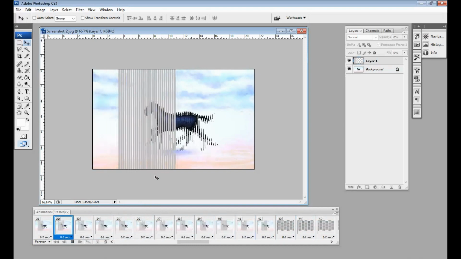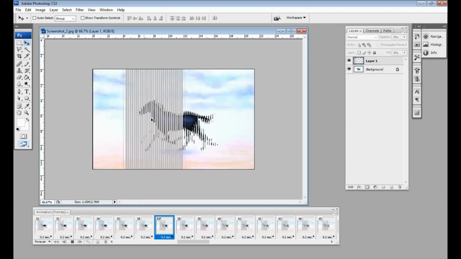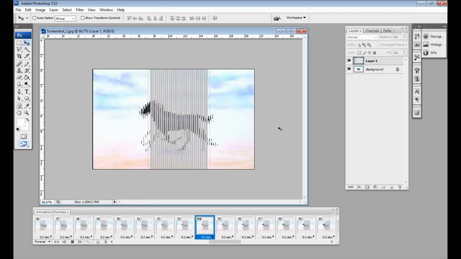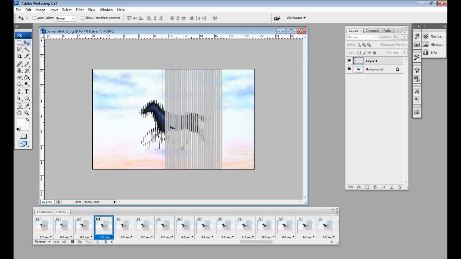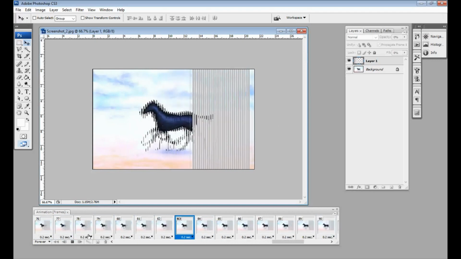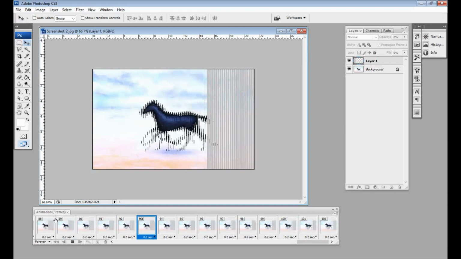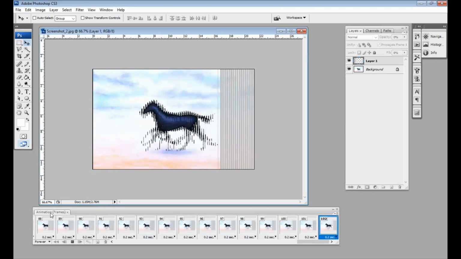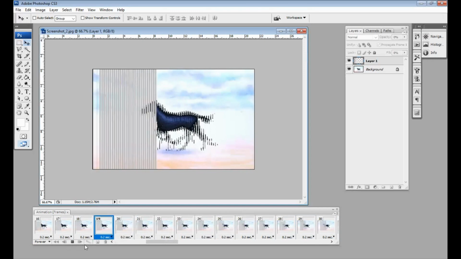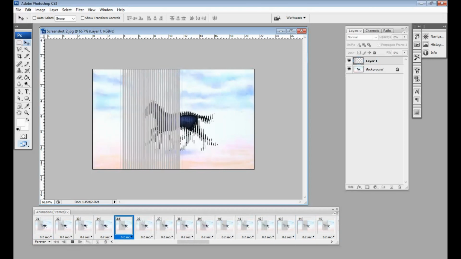Very amazing. The horse looks like it is moving from right to left. Use this facility on Photoshop, the panel of animation.